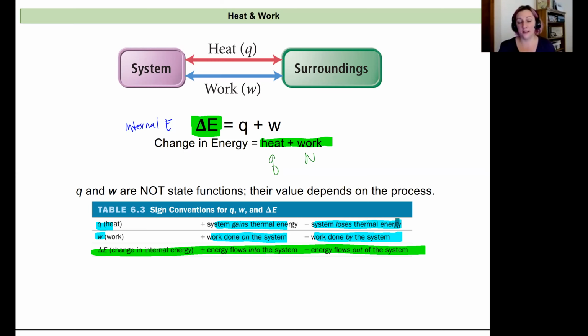Now, if it's work that's occurring, work being done to the T, so pressing on the T, like maybe the pressure of a gas evolving, that would have a positive symbol. The work is being done to the T, so it would be positive. Now, if work is done by the T to the surroundings, like let's say it evaporates, turns into a gas and pushes out against the atmosphere, then it would be the system doing the work. And we would say it would be losing that energy through work to the surroundings, and so it would have a negative symbol.